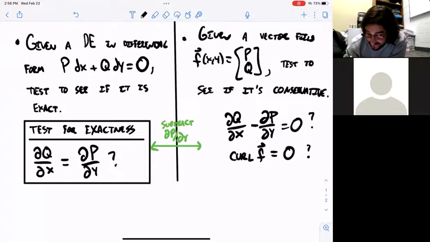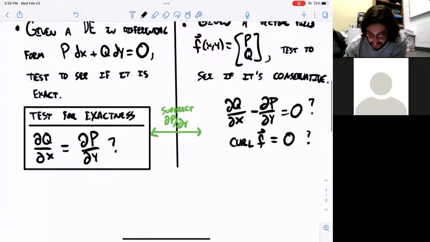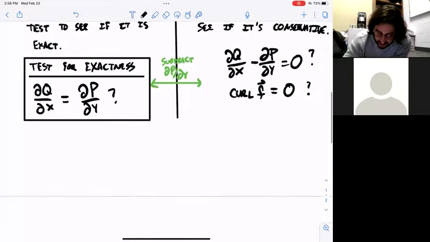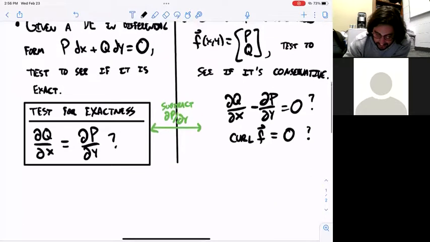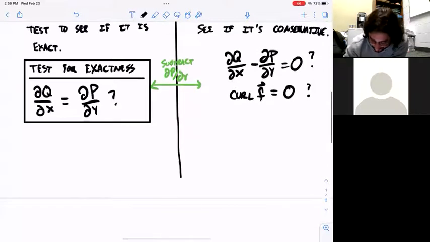But the test itself, the test for conservativity, or sometimes people say irrotational, to see if it's an irrotational vector field or a conservative vector field, that's identical to the test for exactness. All right. Now from there, where do we go? How do you proceed? Well, once you know that a vector field is exact, sorry, a vector field is conservative,